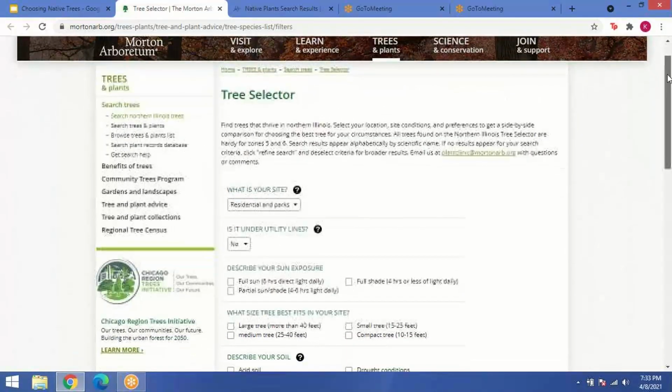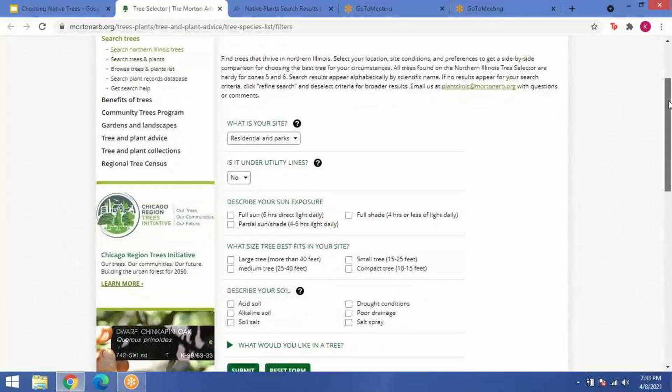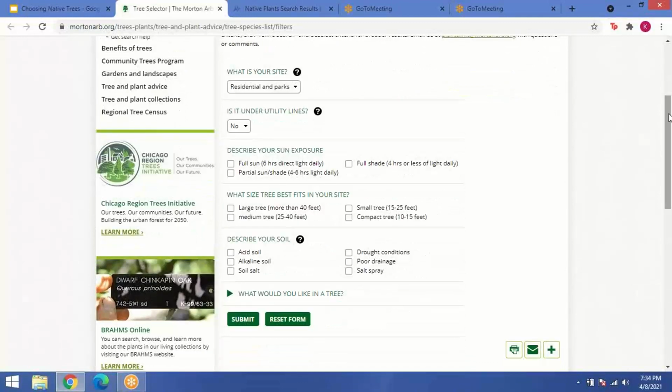And it allows you to input a bunch of characteristics about your site. So for instance, if I was to pick it for my house, I'd say, okay, it's a residential area. Is it underneath utility lines? No, not this time, because I'm going to put it in my backyard. Let's say my backyard gets full sunlight and that I want a small tree. Let's say that I have poor drainage in my yard,